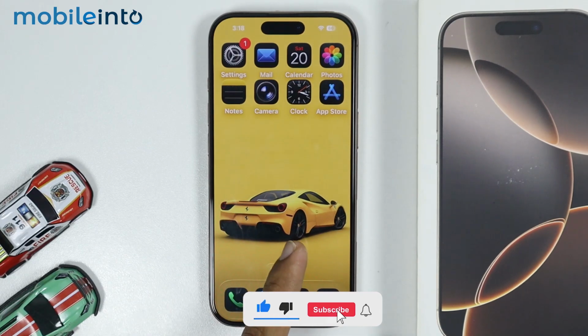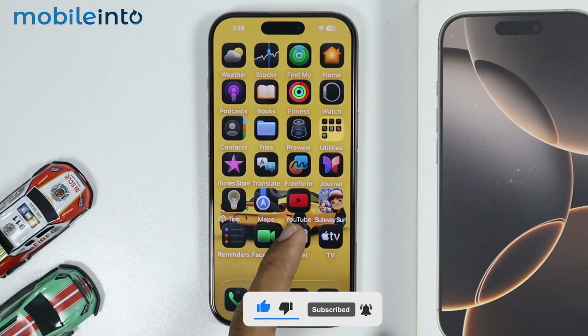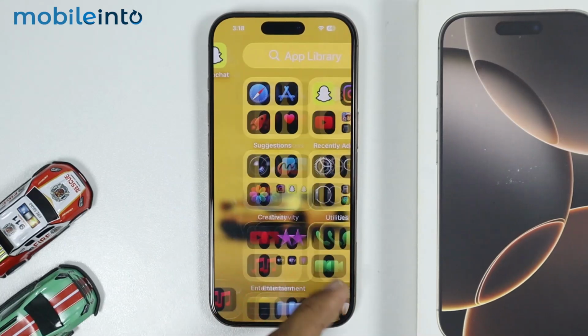And this is how you can enable the dark mode app icons on the iPhone 16, 16 Pro, Pro Max,